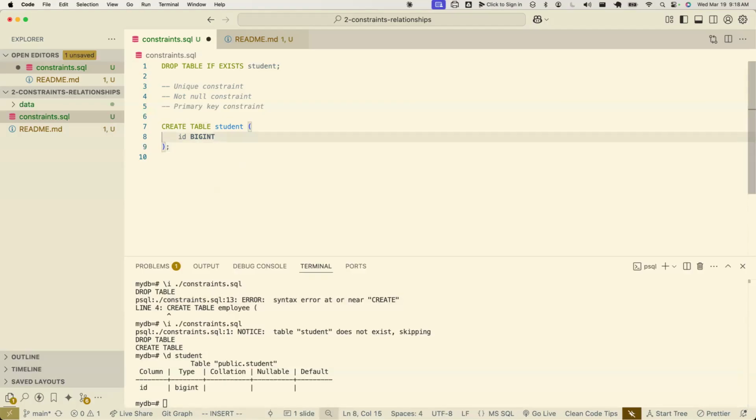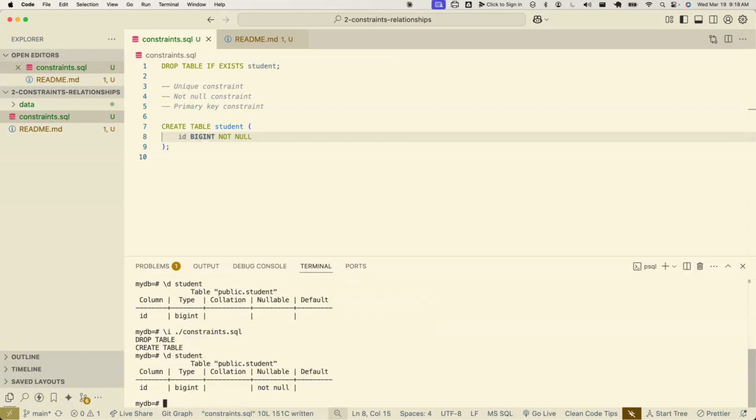And for an ID, if we're pretending that the primary key constraint doesn't exist, something that's obvious is everyone has to have an ID. And indeed, this was sort of what I was racking my brain with yesterday. Adding a constraint is really easy. We have the column name, we have the column type, and then we add our constraints after that. And now if I run this SQL again,